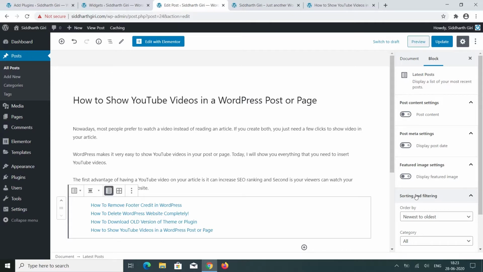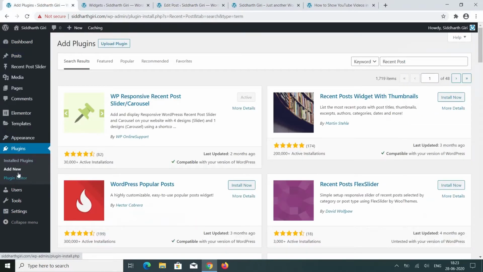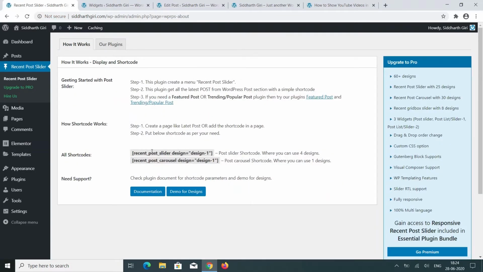To create a recent post slider or carousel, you need to download the plugin. Go to the plugins, click add new, then search for the recent post. I will show you steps using this plugin. You can also use this plugin, but this plugin does not have slider or carousel setting. After installing and activating this plugin, you will see an option on your dashboard, recent post slider. Click on this option. Now you can use these two shortcodes to show recent post slider or carousel on your